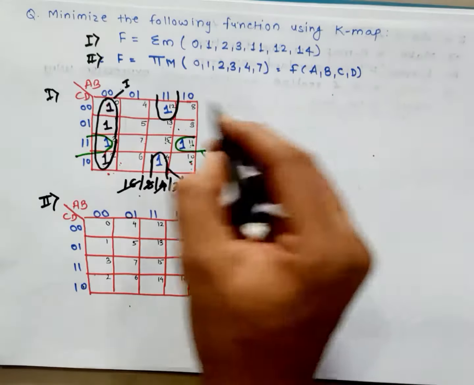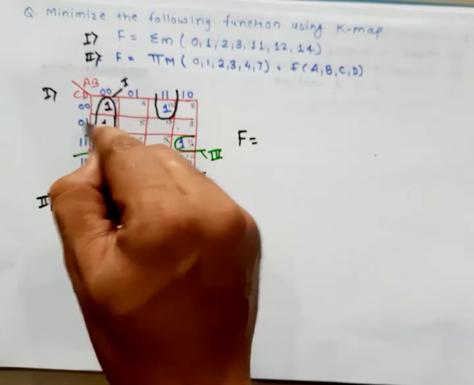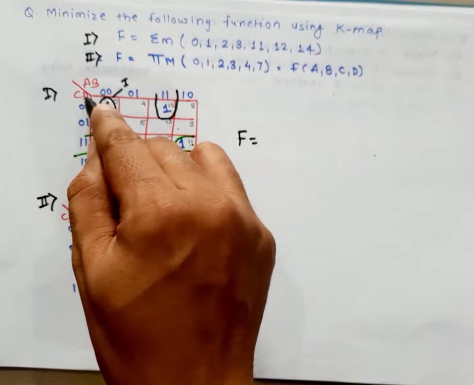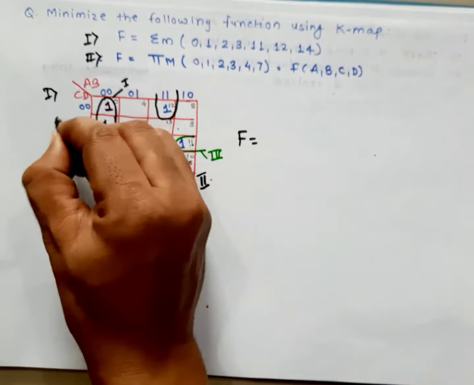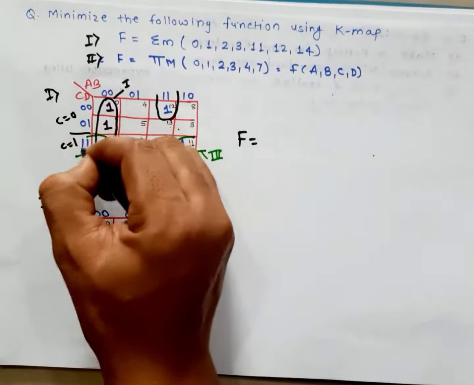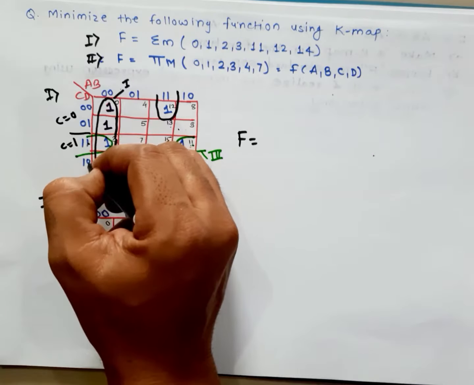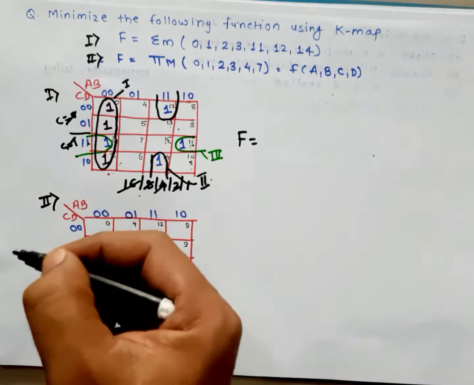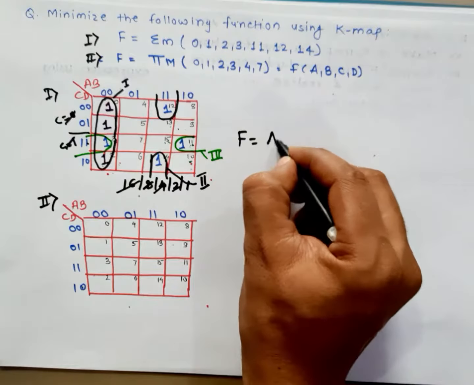Now consider the first group. It is a vertical group, only one column is considered and all 4 rows are there. So since all 4 rows are there, the variables C and D get eliminated, because for the first 2 rows C is 0 and D is 0, 1 and get eliminated. For the next 2 rows C is 1 and D is 0, 1, so it is also eliminated. So C and D get eliminated, only one column, and the value of A and B is 0, 0.